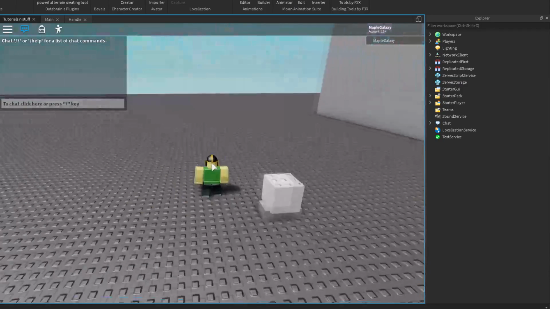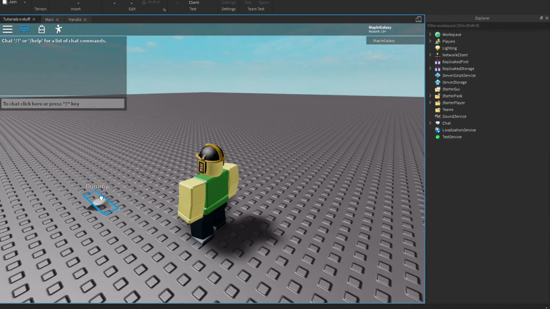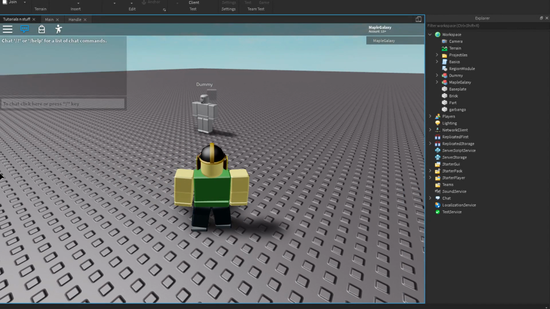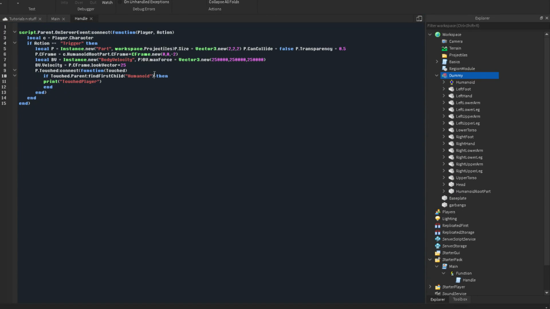Touches the player. Where did it go? Why? I don't understand. Alright. So when it touches the dummy, it says touched player. Now, problem with this is it's gonna touch all parts. So what I like to do is and touched.name equals HumanoidRootPart, because that's the center of the body. If you're gonna do some crazy stuff like have a huge body like Attack on Titan or some kind of, I don't know, One Piece chop whatever, then this is probably not the best function, and you may want